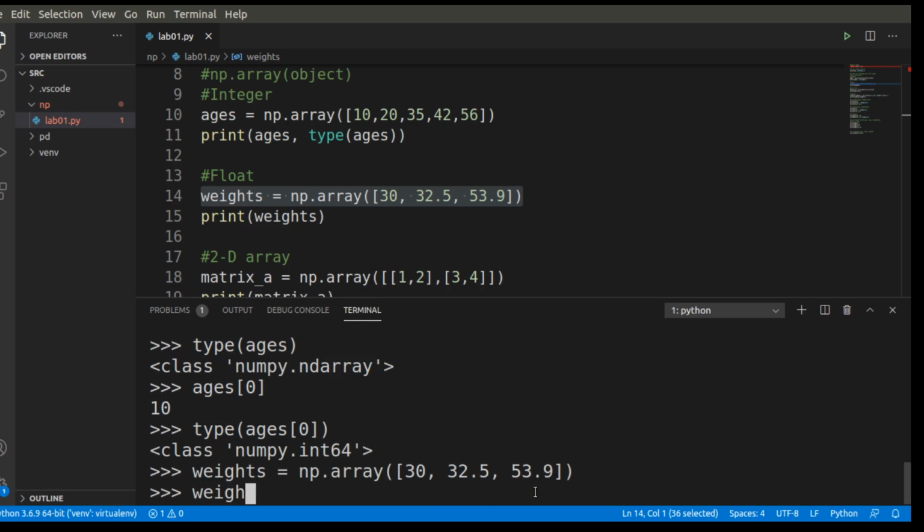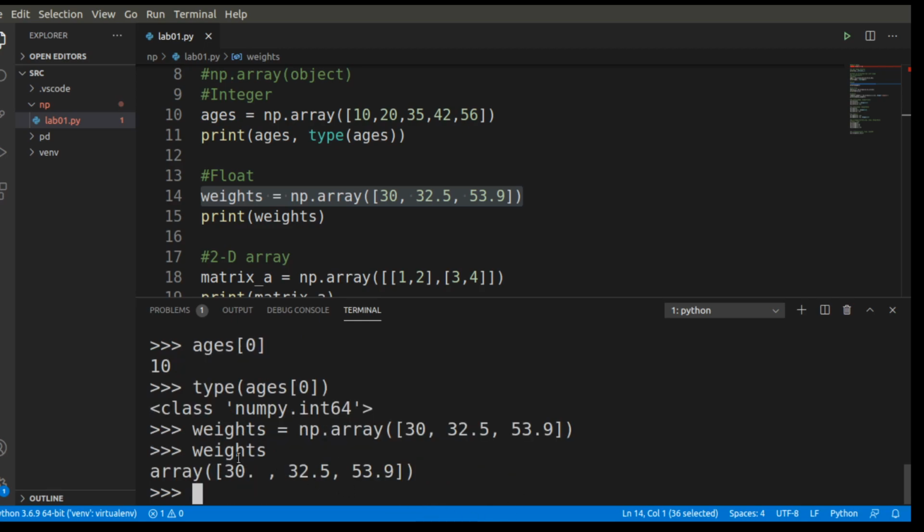But let me print the weights. If I print the weights, it is giving 30.0. You can see, right? 30.0, 32.5, 53.9. Because as I said previously, all the values in a NumPy array should be the same data type, so that integer is typecasted to float.